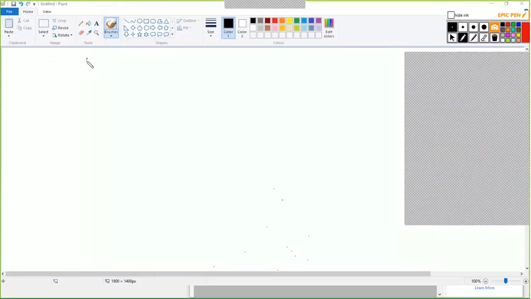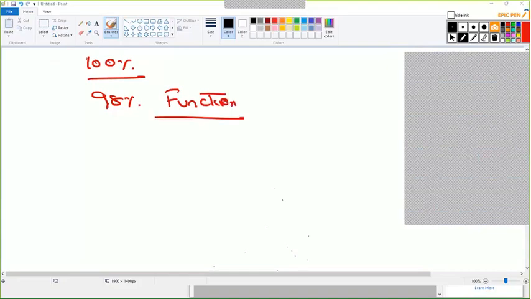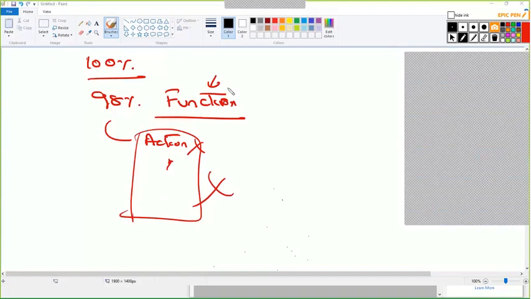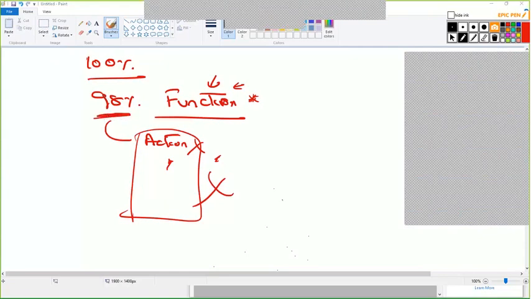If you say 100%, I would say 98% use function library rather than actions, because this is more feasible and easier to use than actions. If the script gets corrupted, all the actions are gone. This is just a file, so the possibility of it getting corrupted is much lesser. So we use functions more than actions.